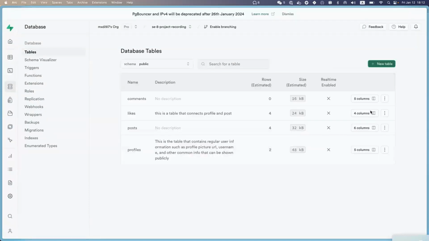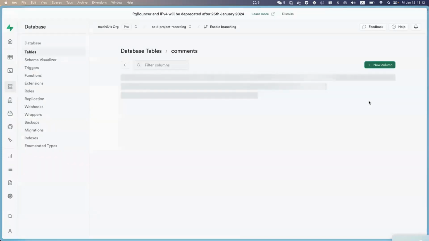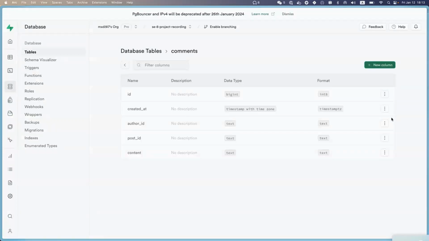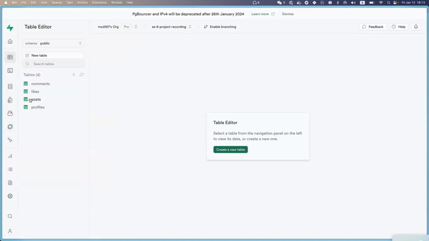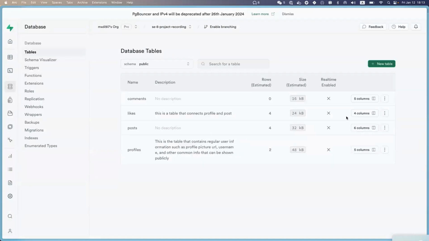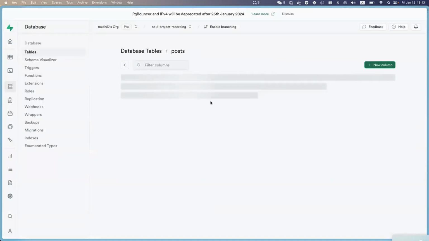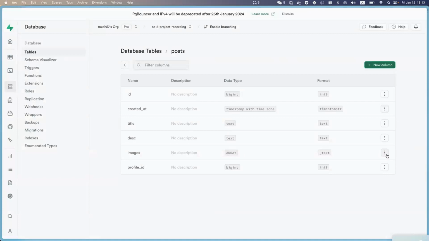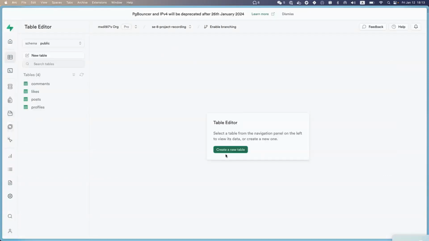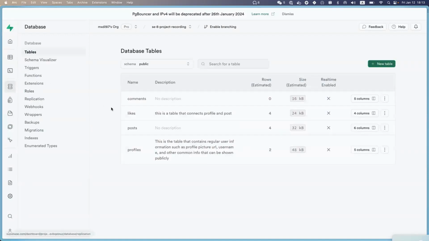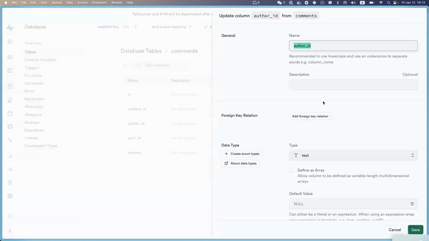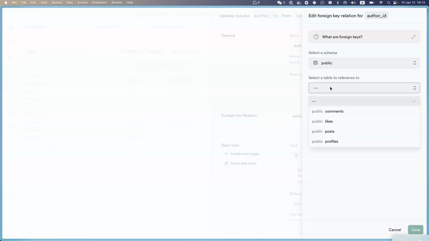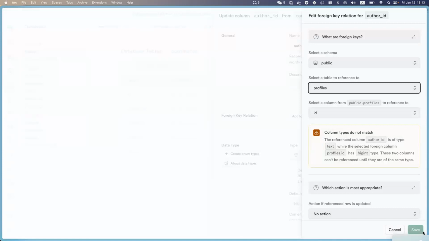Refresh the page. You should be able to see comments. Update the columns. Because we need to change the author ID to reference what? What do we use for the post? I'm wondering if we use the profile ID or the user ID for post. Profile ID, okay. Let's link it to profile as well for comments. So author ID will be the profile ID as a foreign key relationship, profiles, and